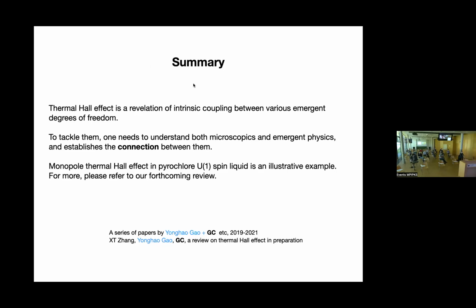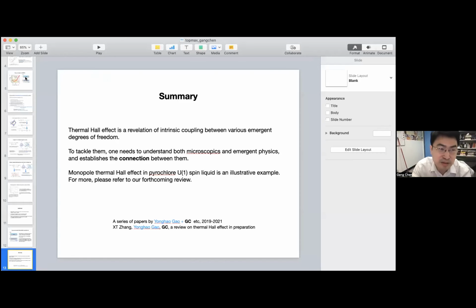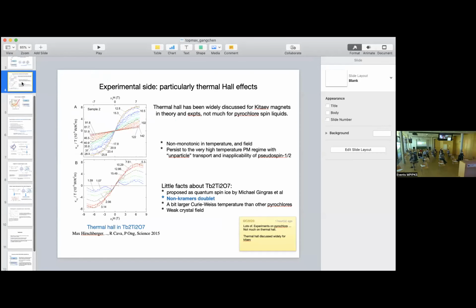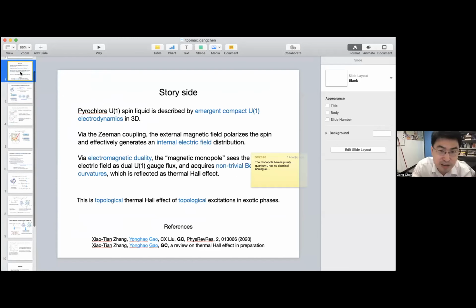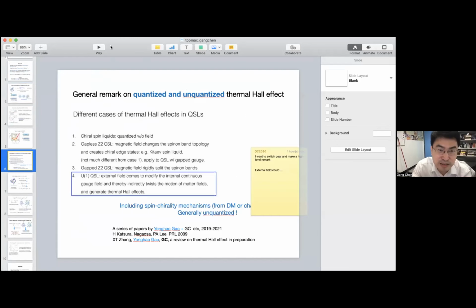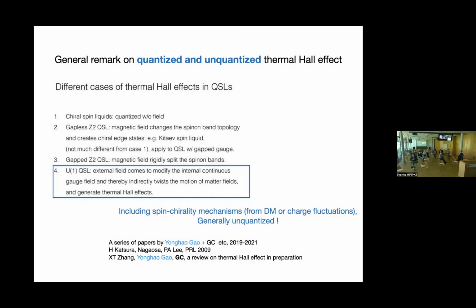Can you go to one of the first slides where you discuss the different types of spin liquids? Oh yeah. Let me do this. Here we go. Here, right? Yes. I'm actually not so familiar with the Kitaev type system. So when we apply the in-plane field, it becomes gapped, right? It becomes gapped. Yeah, it's a topological transition. So then we have a chiral spin liquid with a gap in the in-plane field.